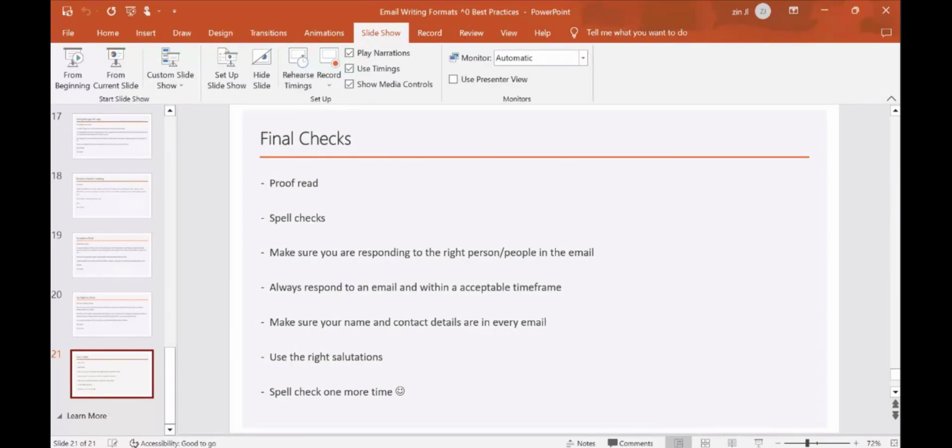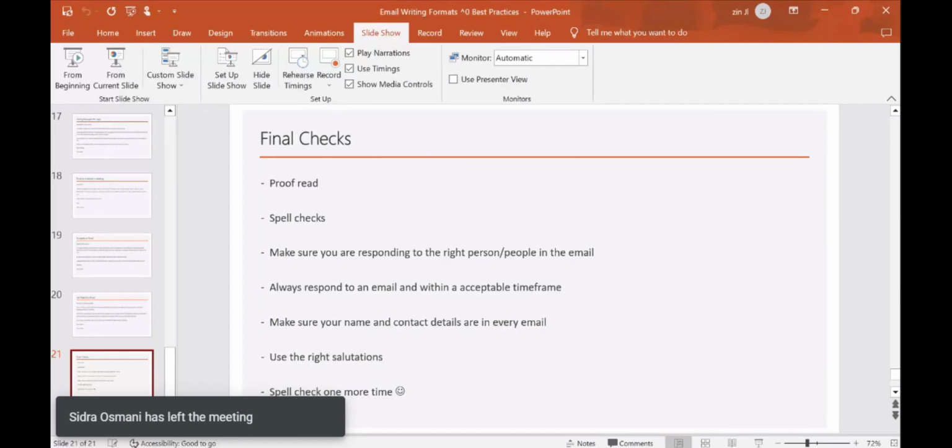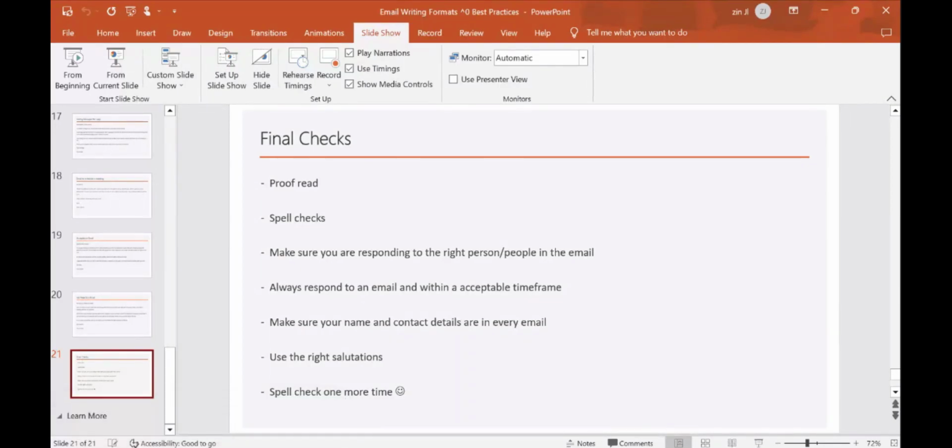And please spell check one more time, because I have been caught out a few times. I was rushing an email, I didn't spell check, and I sent an email to the MD of the company with a couple of spelling mistakes, and I got a call from him like, Ricky, what have you done? Should I send you back to school? But again, it's a cultural thing, like I said. So it's the last bit of advice. And that's the reason I do small emails, so it's easy to do spell checks.